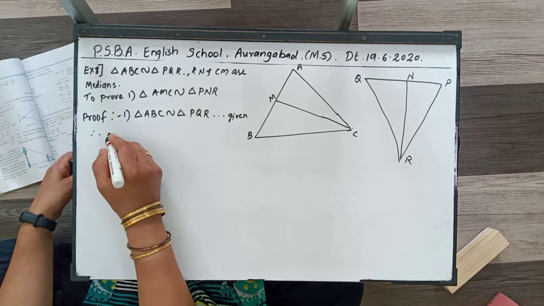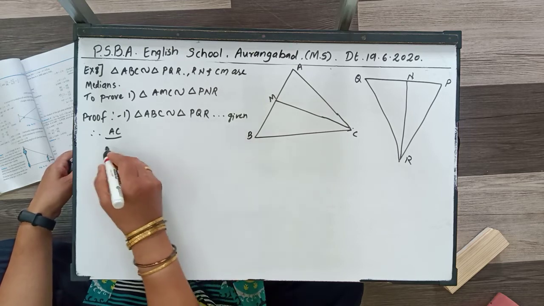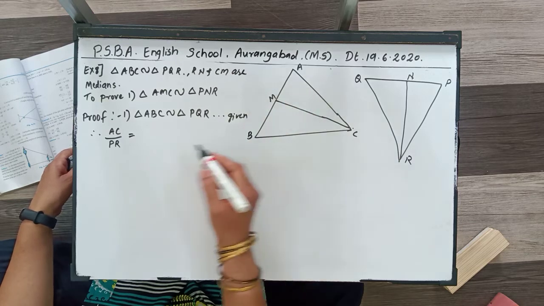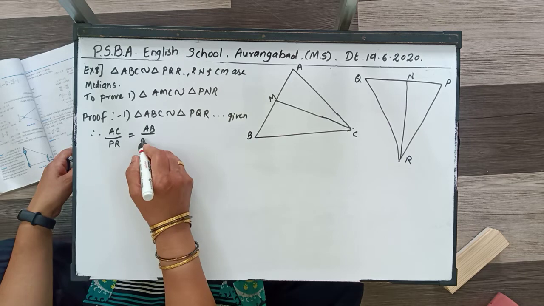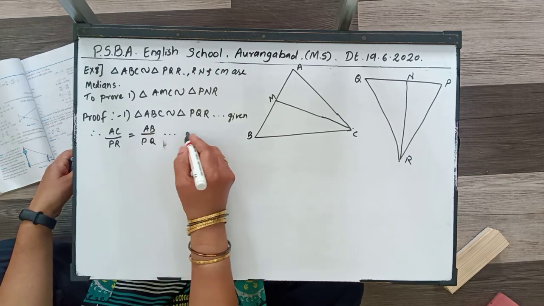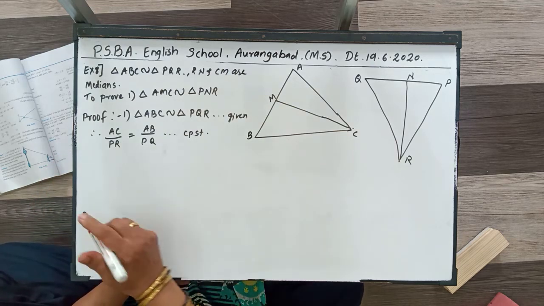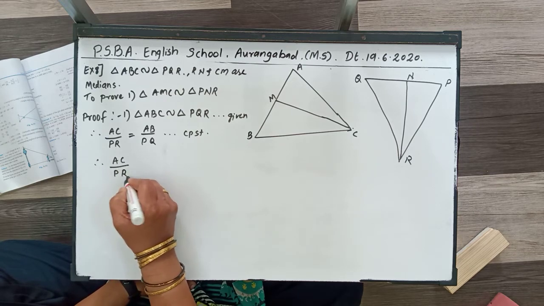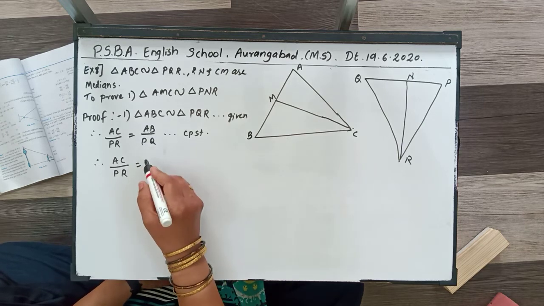Therefore AC upon PR, first and third letters, is equal to, now I will be writing, AB first and second letters, PQ, and the reason will be CPST, corresponding parts of similar triangles. Therefore AC upon PR is equal to, if I multiply both AB and PQ with half,